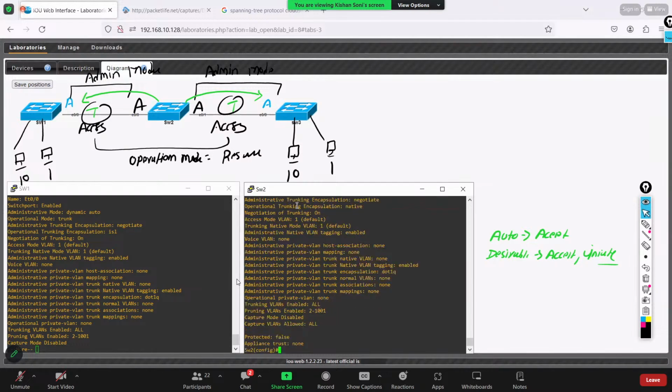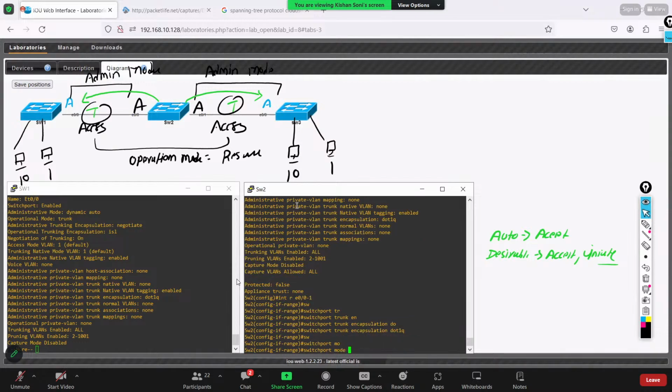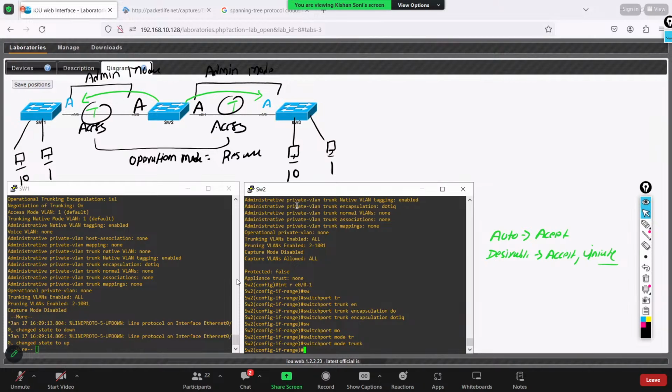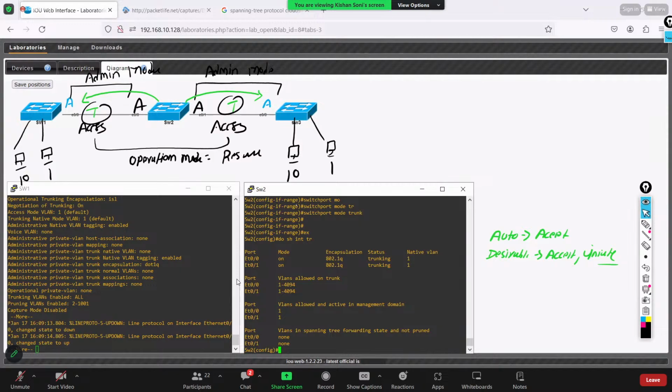Now let's make a manual trunk. How do I make a manual trunk? I just need to go to interface range E0/0 to 1, switchport trunk encapsulation dot1q, because I want to use dot1q, and switchport mode trunk. What do you think? Will it work now? If you see the command do show interface trunk, it's working. The reason why it's working: I haven't done the command on this side, right? My engineer is present on switch 2 right now, and still switch 1 is forming a trunk. The reason is that